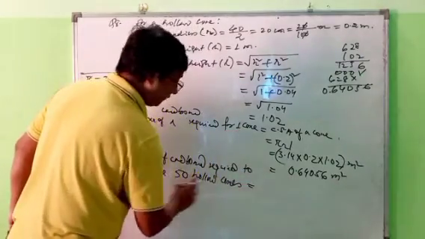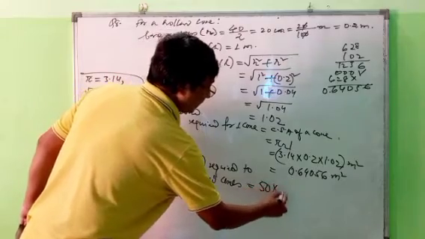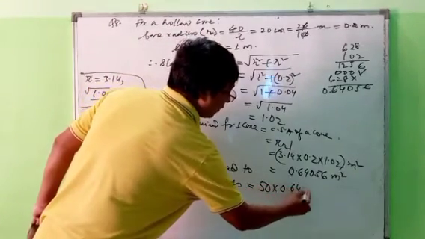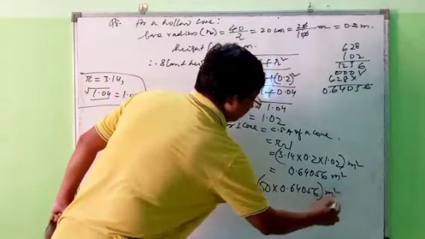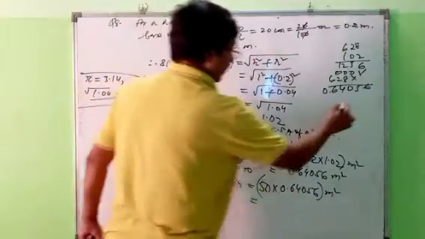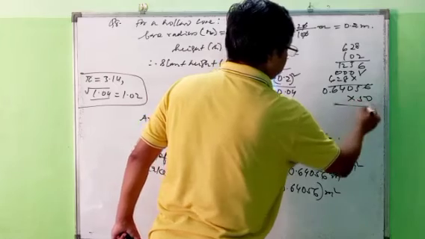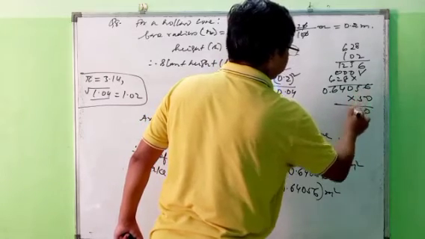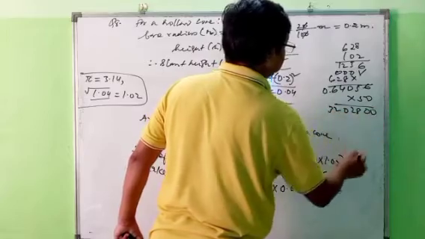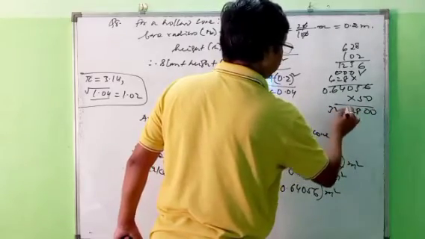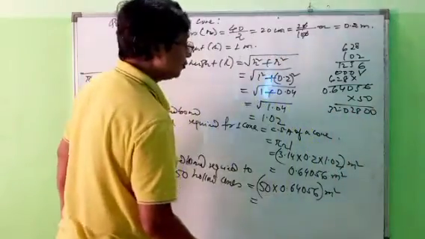So one cone's area is this much, so for 50 it will be more. So 50 into 0.64056 meters square equals to, so into 50. So it will be 30, 5 5s are 25, 28, 5 4s are 20, 32, one more 0, so 5 digits: 1, 2, 3, 4, 5. So you got 32.028